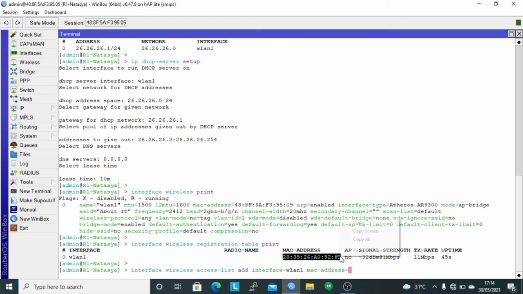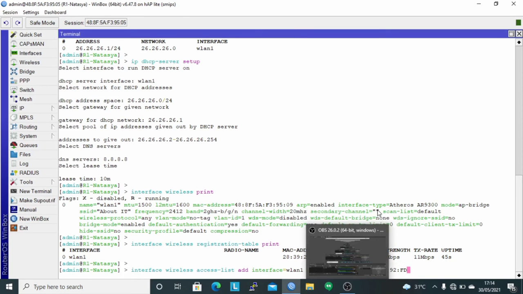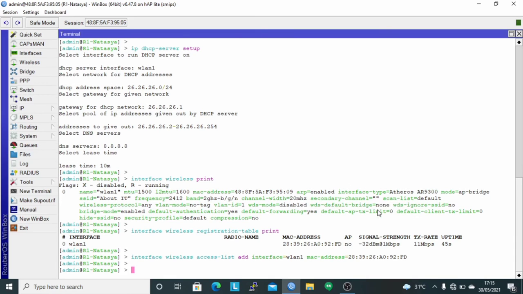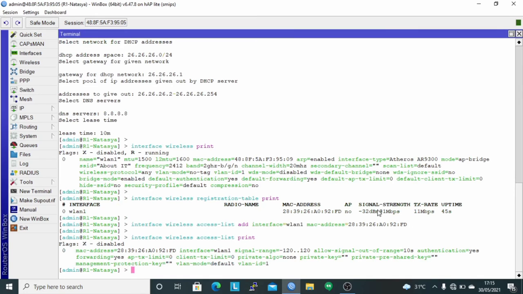Here copy and paste. If already, press enter. Check with the command interface wireless access list print. It appeared that the client MAC address has been successfully registered.